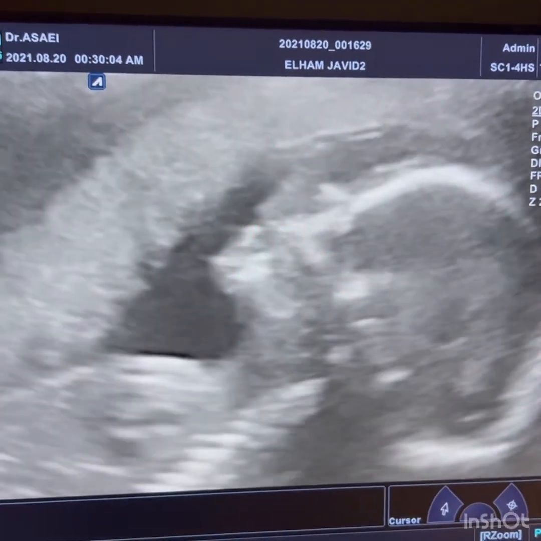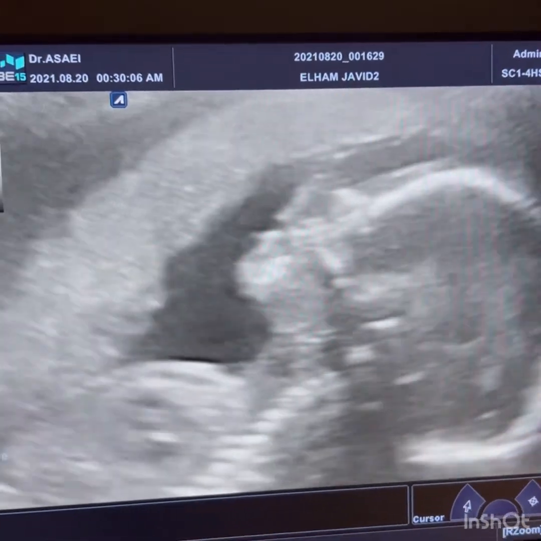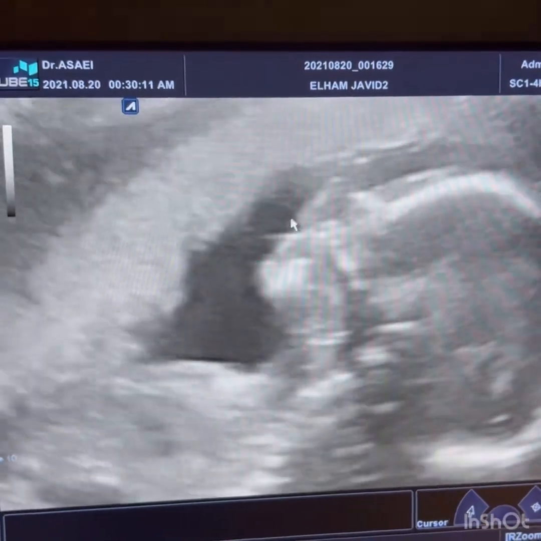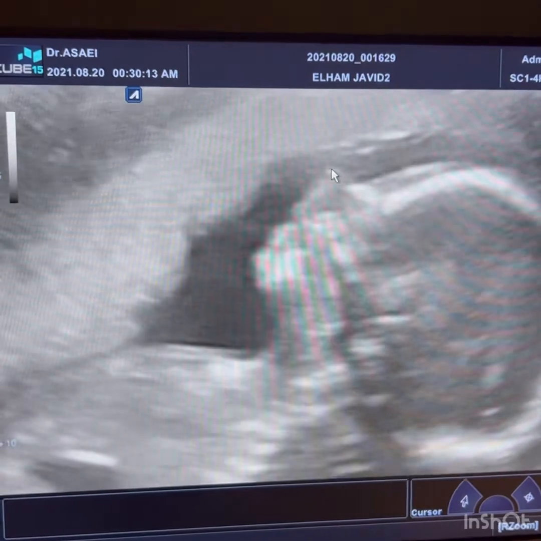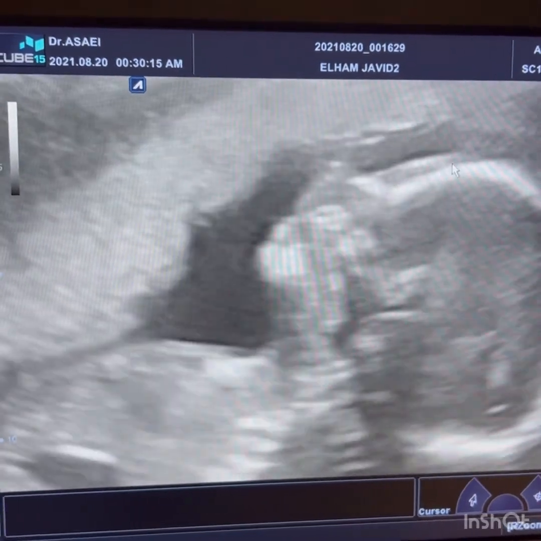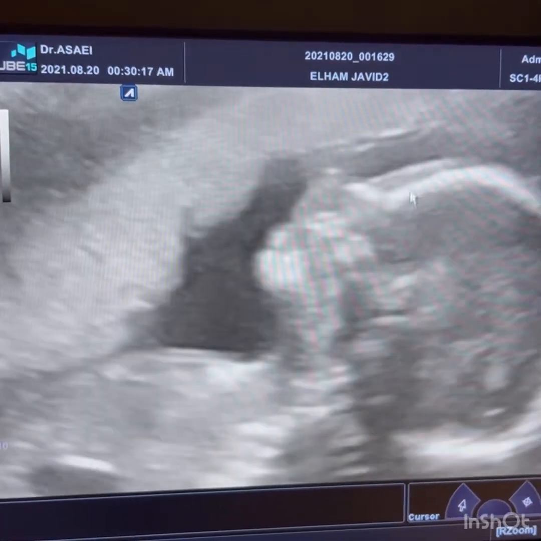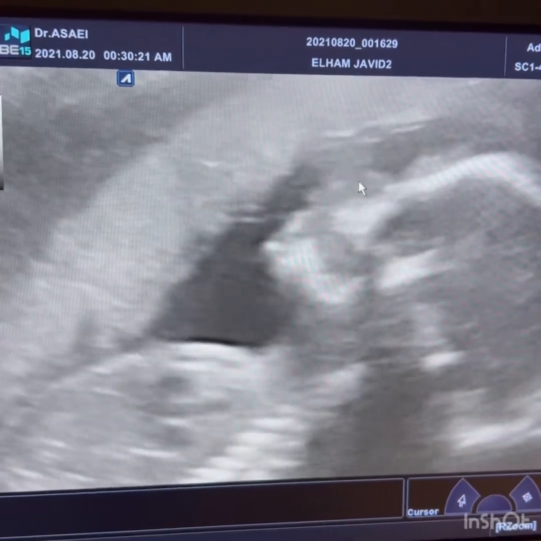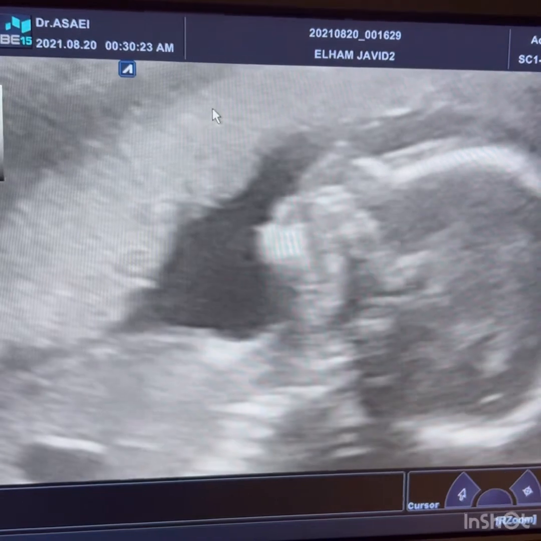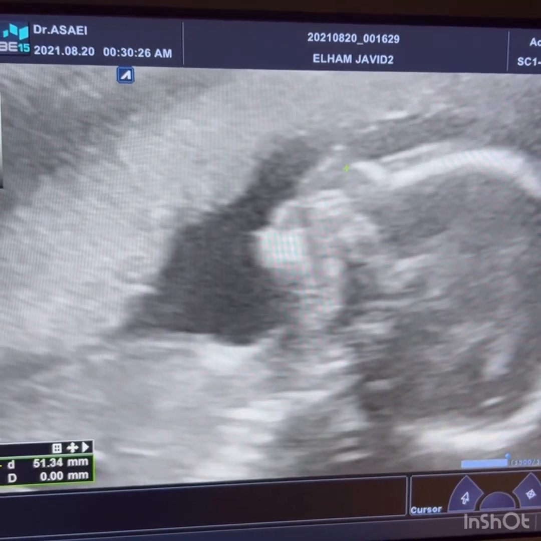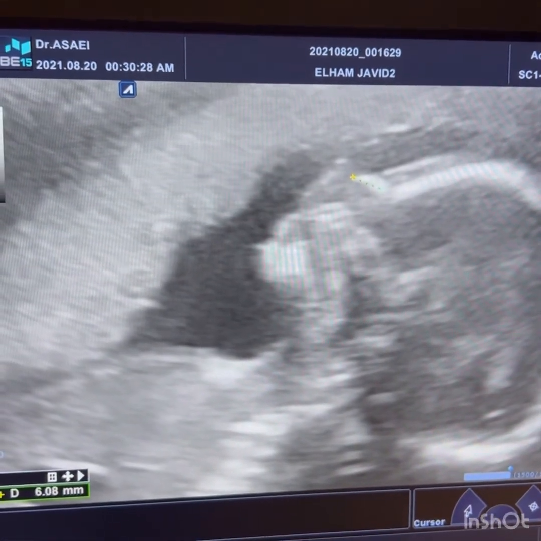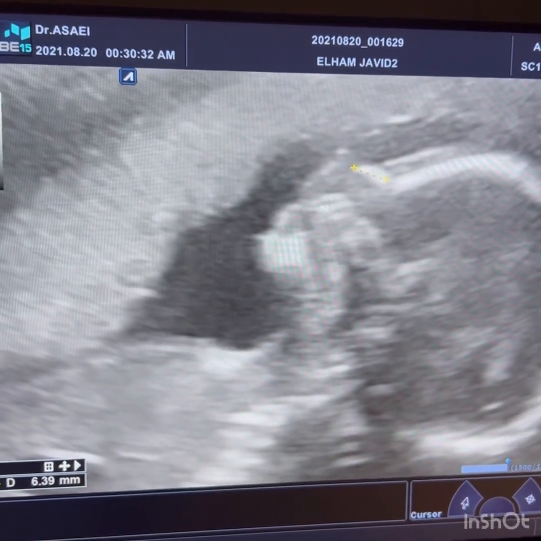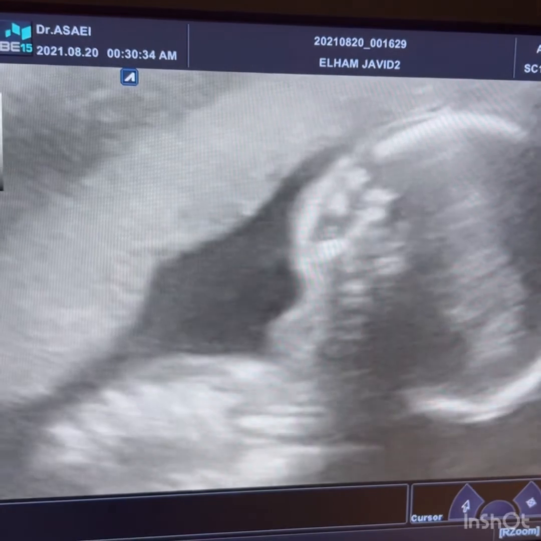In real-time sonography of the same fetus, we can see the mid-sagittal view. Here is the lower and upper lips, the nasal tip and nasal bone here. We can see forehead of the fetus, again nasal bone. If we freeze the image and measure the nasal bone, it's about 6 millimeter, which is normal in 19 weeks